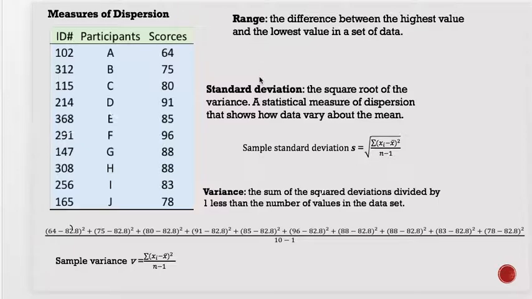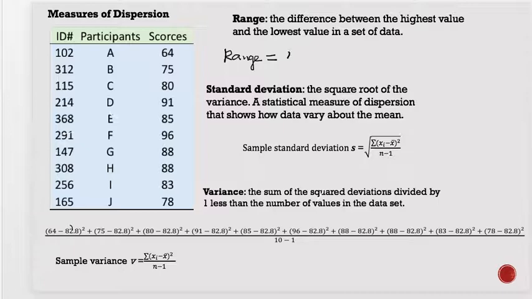Range is the difference between the highest value and the lowest value in a data set. For this example, the range